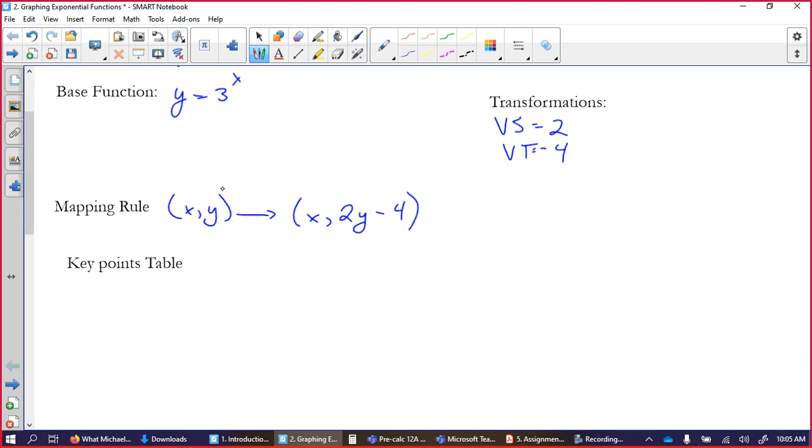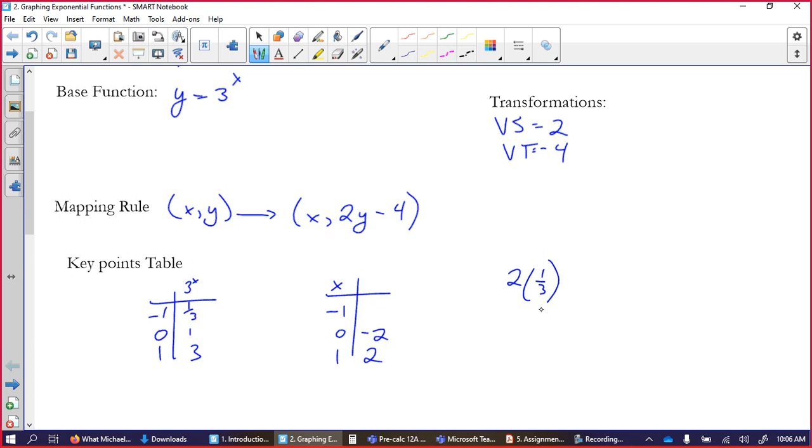We know that, okay, we've got y equals 3 to the x, so our key points, negative 1, 0, and 1, are 1/3, 1, and 3. These transform, well, we're not changing the x. We'll start at the bottom. 2 times 3 is 6, minus 4 is 2. 2 times 1 is 2, minus 4 is minus 2. 2 times a third is 2 over 3 minus 4. 3 fours are 12. So 2 minus 12 is minus 10 over 3,